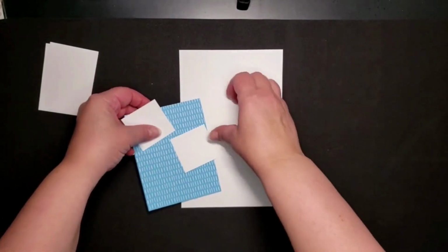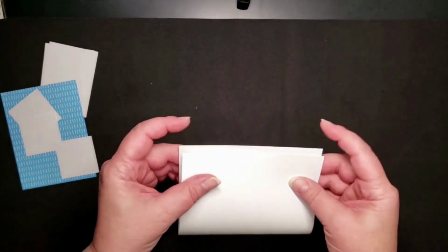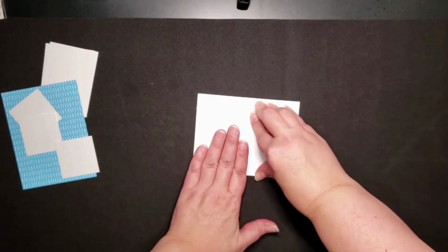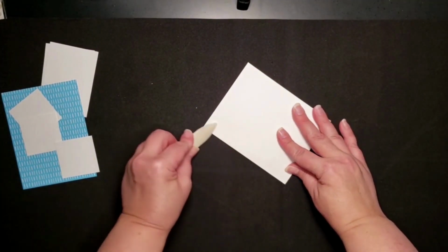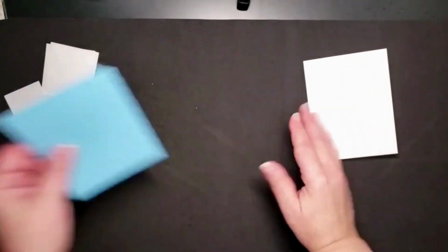Okay, so for our card base, we're going to go ahead and fold that. So, go ahead and burnish it. And then for our